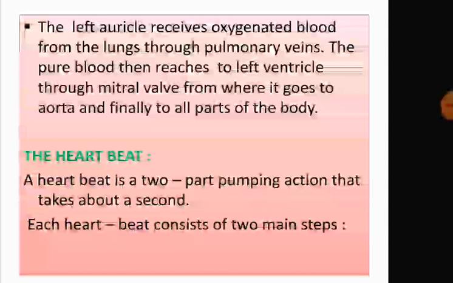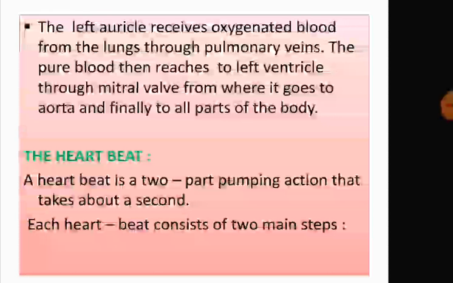I repeat once more. At first, the circulation of blood starts with the contraction of the two auricles. When the auricles contract, the ventricles are in a relaxed state, so blood can easily enter the ventricle. Next, when the ventricles contract, the auricles are in a relaxed state. The blood tends to go up to the auricle, but valves like the tricuspid and bicuspid valves do not allow the blood to go back to the auricles. Moreover, structures called chordae tendineae also do not allow the blood to go back.